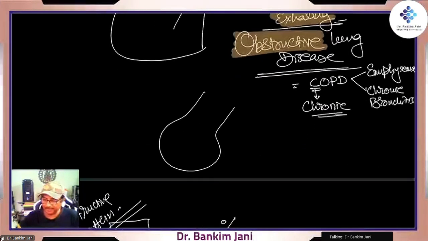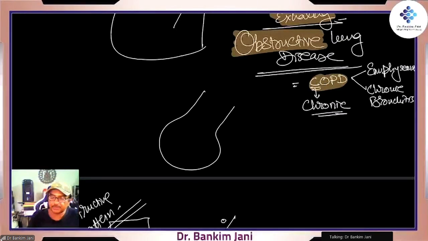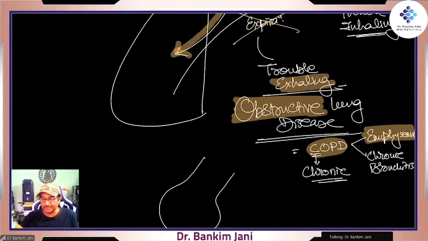So what are some of the examples? This is like COPD, chronic obstructive pulmonary disease, in case of, say, emphysema. Now you know that in emphysema, the chest is big, but what is lost? Elastance, right? Elastance means the ability of the lung to compress, right? That is lost. So that lung is big, but it is unable to throw the air out. That is what happens in emphysema, right? In emphysema, there is loss of elastance. And that's why it is called as obstructive lung disease, because trouble is in exhaling, right?